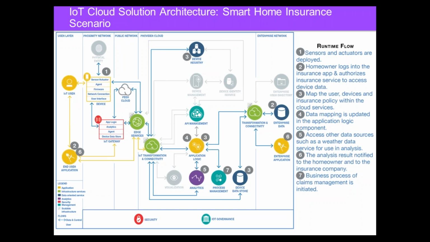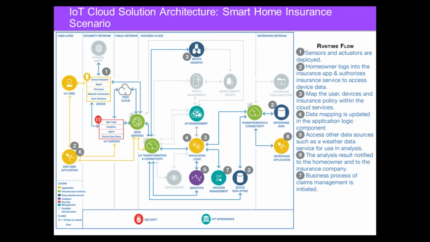What it does actually, once the homeowner logs in and provides this authentication token and policy identifier, then the insurance cloud service can access the data on the devices, and that's the key thing we need to do through this provider cloud. So the provider cloud is the one insurance is using to get access to the data on the devices, and also the details from whatever the sensors and actuators need to do.